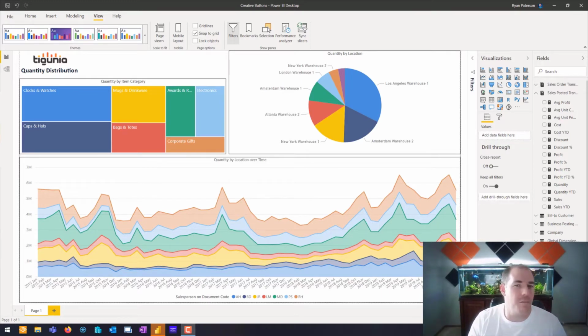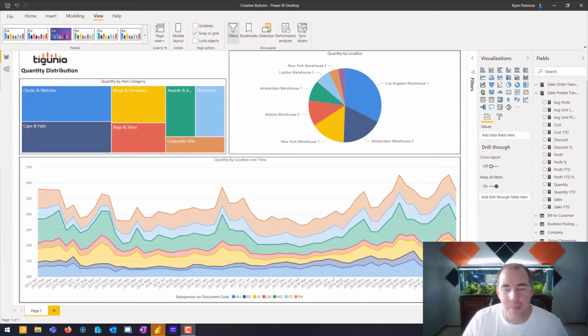I'm going to show you some creative button usage inside of Power BI. You may or may not have used some buttons in your Power BI reports, but there's a lot that you can do within those. Sometimes it's going to be taking you over to another place, another report, another website, or you can actually keep your users inside of Power BI and really give them the ability to kind of drive their experience by use